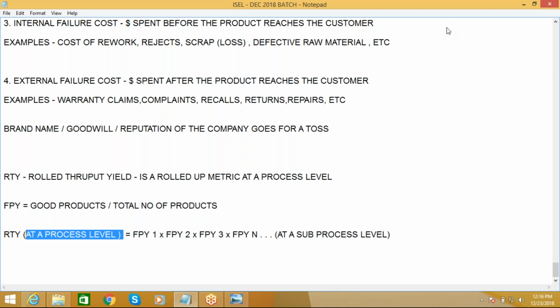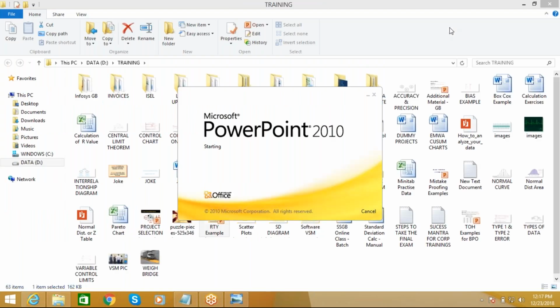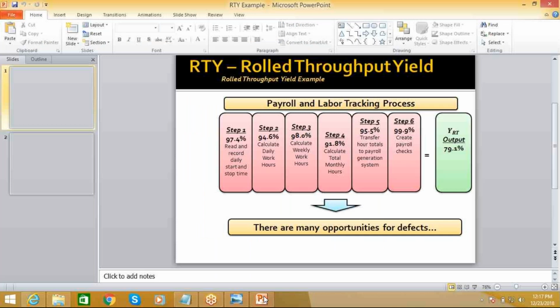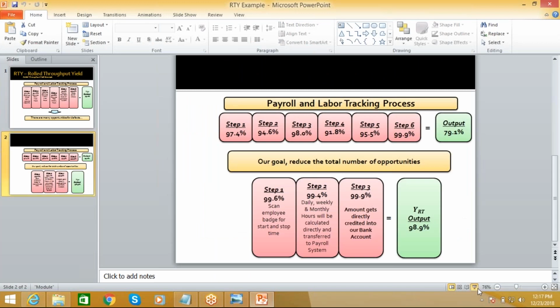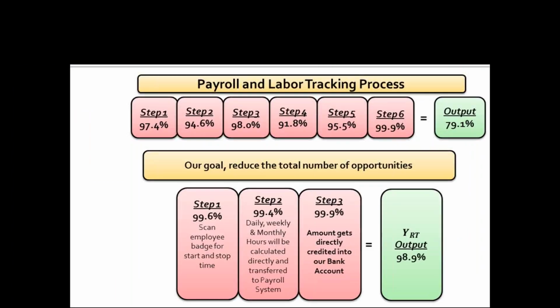Let me quickly open up the example so that you can relate to it or remember it. I think we took that example of the payroll, right? Yes, we took this example, calculate the RTY. So I showed you in Excel how to do it. You have to convert the numbers into percentage and then take a product to get the RTY. Okay, so that's all we did